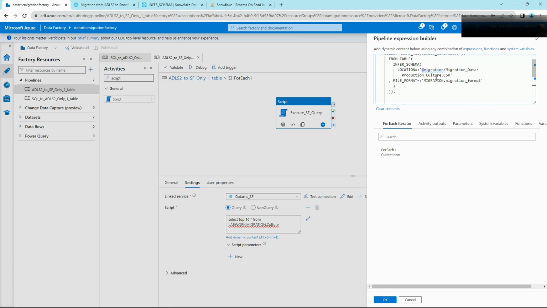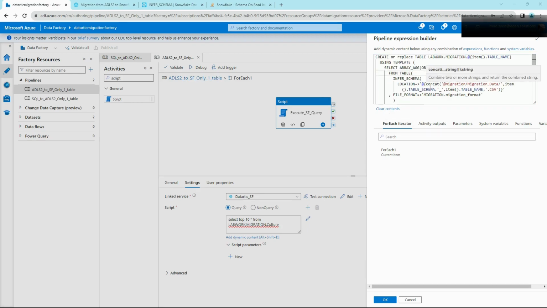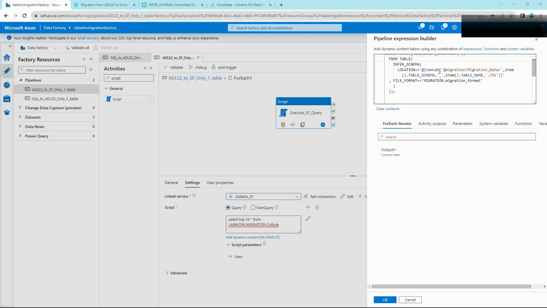So here, let's modify the file names to be dynamic. Okay, so we'll use the concat function here. So what we will be doing is using a concat, we'll concat our string and add the item dot table schema